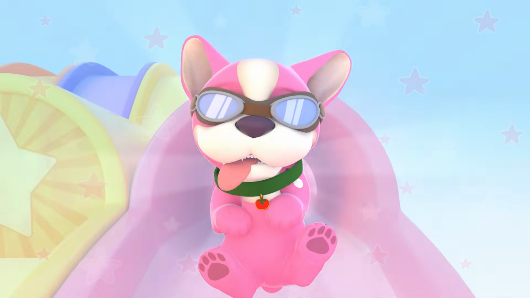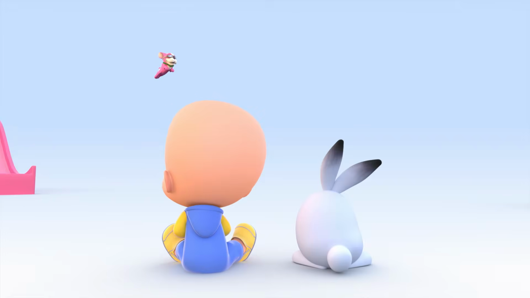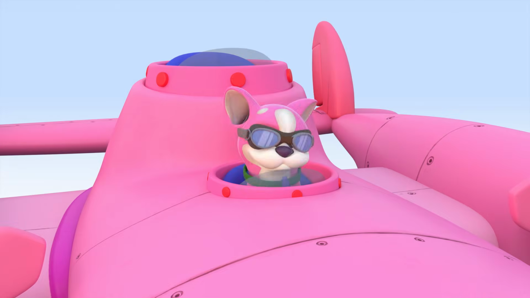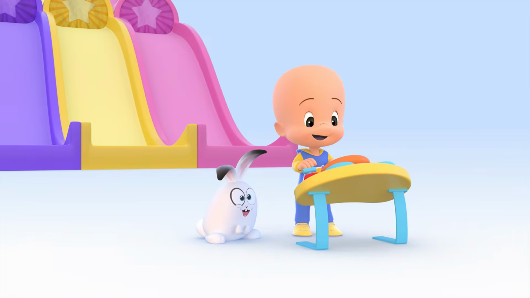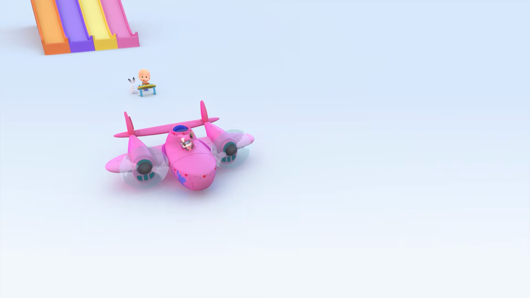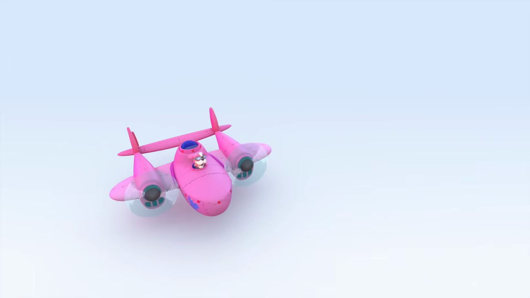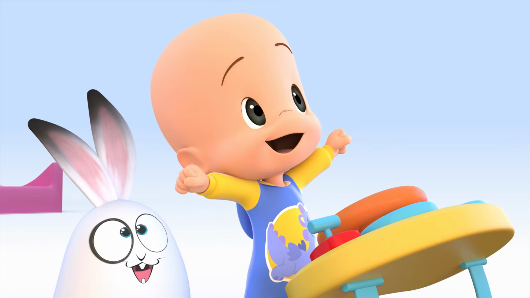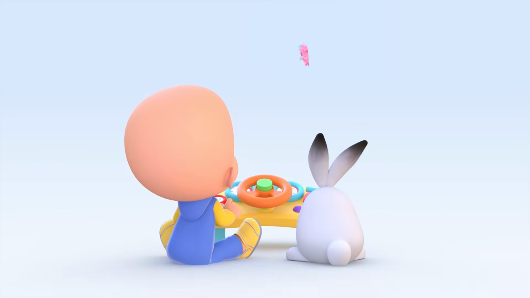Pink doggy! Wow, pink plane! Yay! Let's go! Hooray! Bye, pink